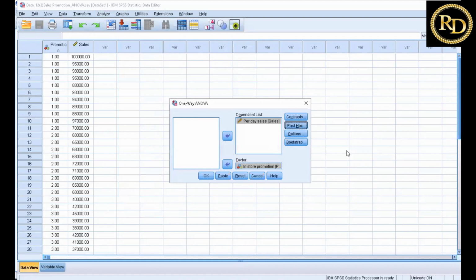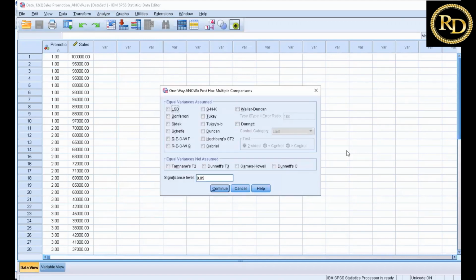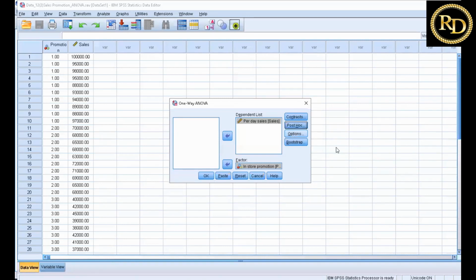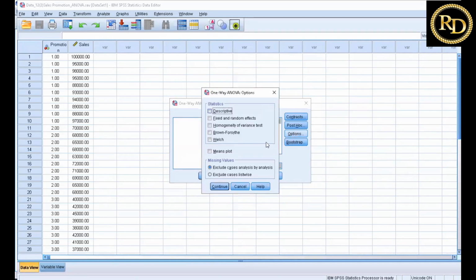And okay, now the post hoc test is very crucial and important while performing the one-way ANOVA. So you can click on Tukey and say okay. This is for equal variance assumed, and for equal variance not assumed, we are using Duncan's test. So click on it at 5% level of significance, okay, and go for the options. If you wish the descriptive statistics, a homogeneity of variance test should be there, and then click on OK,